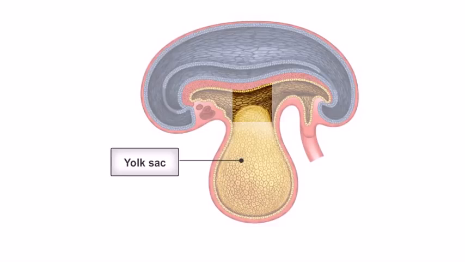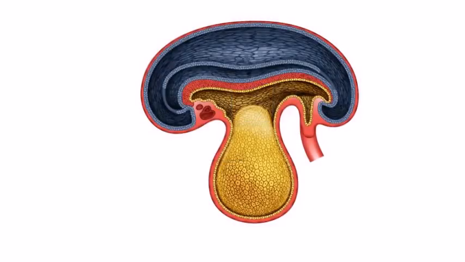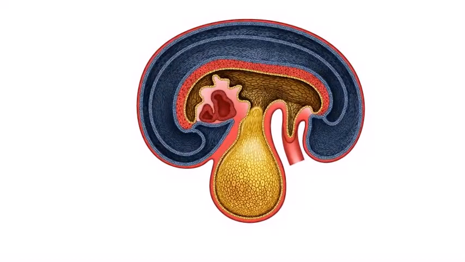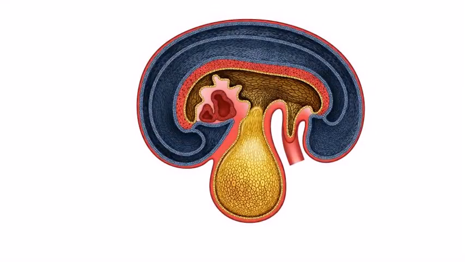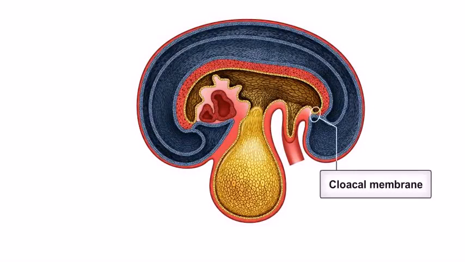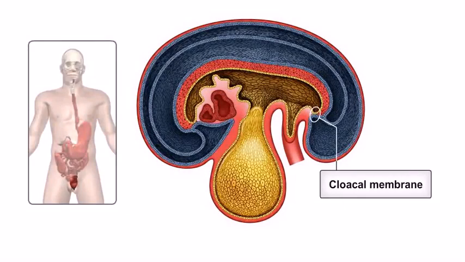fifth week of development. As embryonic folding continues, the connection to the yolk sac narrows into a stalk known as the vitelline duct. The hindgut lies at the caudal or tail end of the embryo. It is temporarily closed by the cloacal membrane, which during the seventh week of development ruptures to form the urogenital